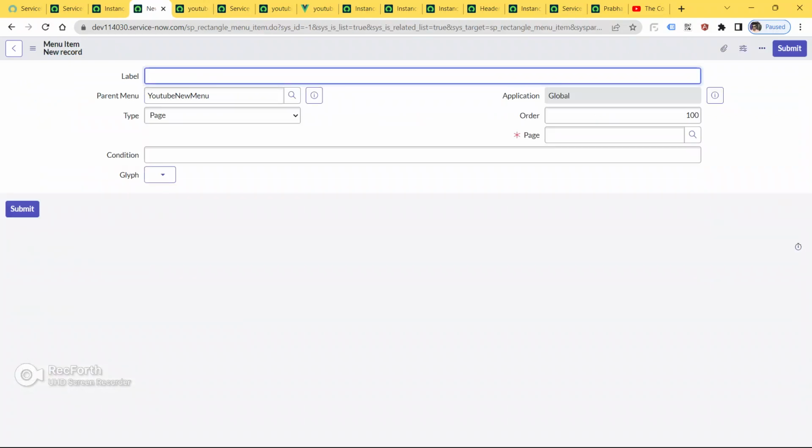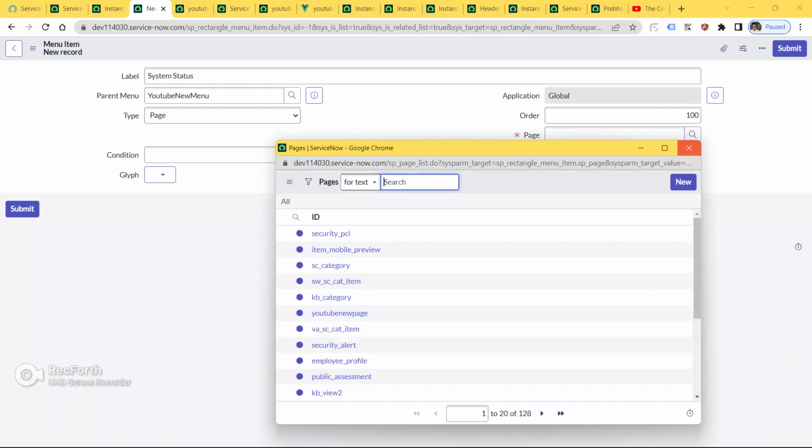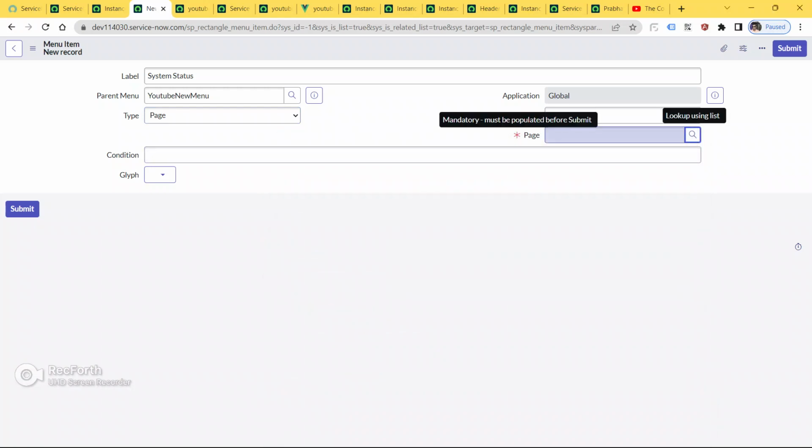Now again click on New. We will create system status, and now I will leave the type as page and search for the page here. I will click on this search icon.